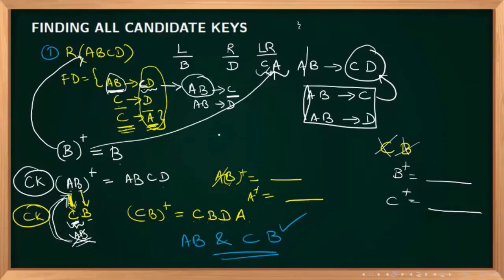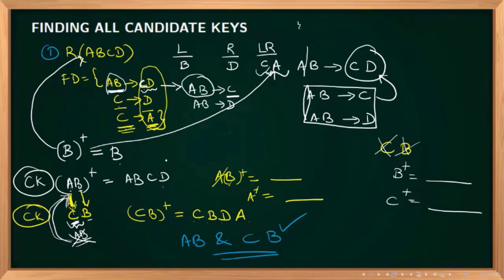So what is the first step? Take all the attributes which are coming only in the left side. Start with that, and take the closure of that. When you are taking the closure, if you are getting all the attributes, that clearly shows that the uniqueness property is satisfied. An attribute or set of attributes, when you take the closure, if you get all the attributes in a schema, we can declare that the uniqueness property is satisfied. All the things are coming uniquely. So if all the attributes are coming, you can stop there.